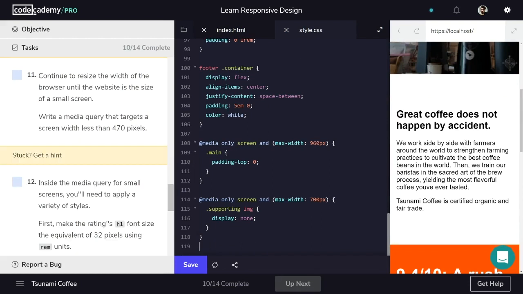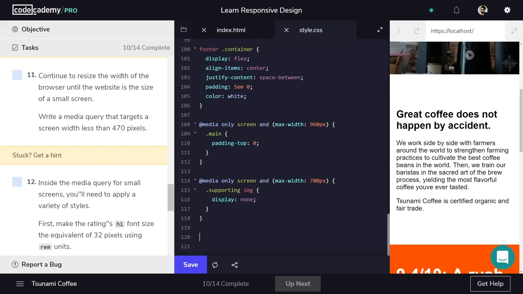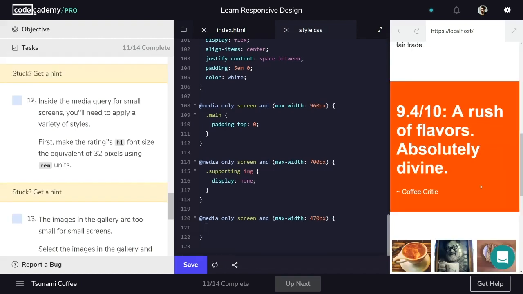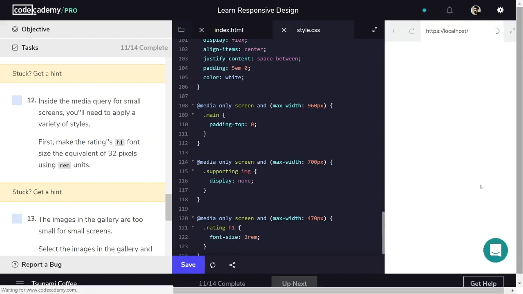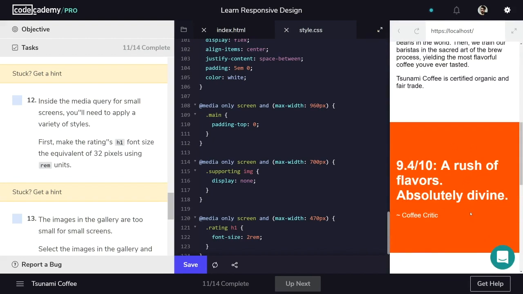We'll add one more query for an even smaller screen size, 470 pixels wide. So once again, that's at media only screen, and max width we're going to set to 470 pixels. At this small scale, that 2.5 REM rating text is looking a bit too big. We'll add a rule to cut it down to 2 REM, which is equivalent to 32 pixels. So we'll select rating H1, and we'll change the font size to 2 REM. Now, when we save that, we can see that this text is a bit smaller,